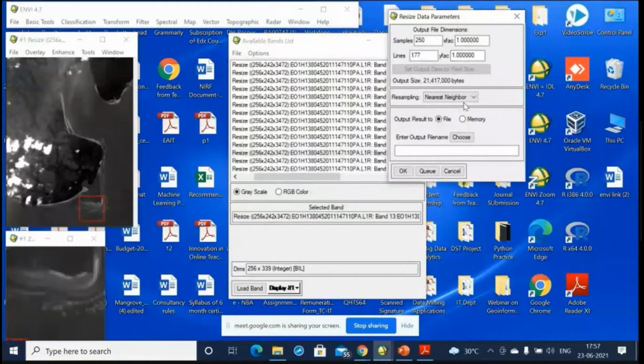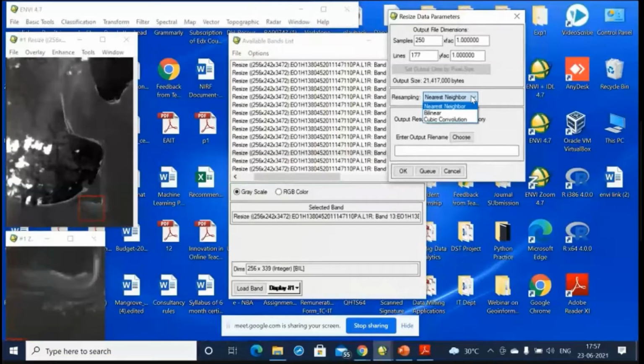Now, there is a resampling method. Why is resampling here? Because you are resizing the data, isn't it? You are resizing the original information. That means you are resampling as well. So, there are certain methods of resampling, like nearest neighbor, bilinear, cubic convolution.